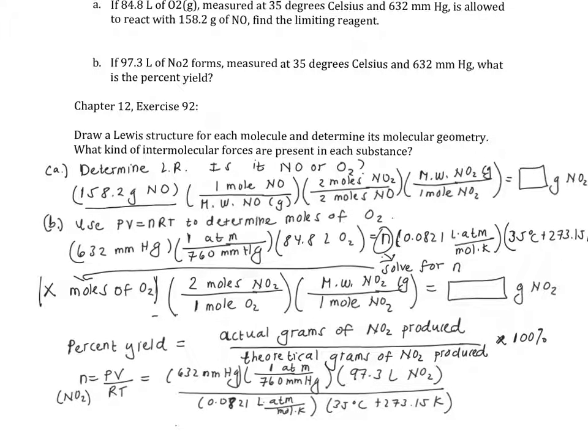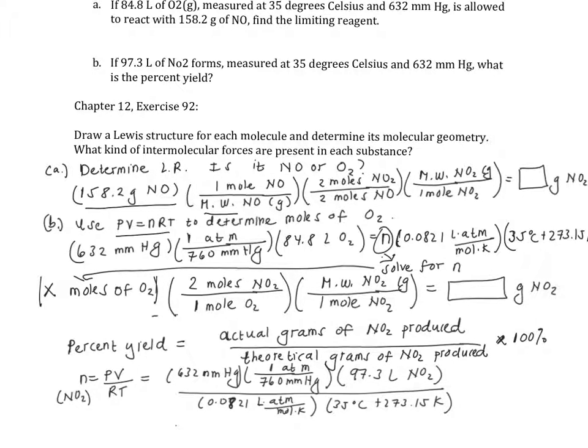We're going to have to indirectly determine that using our ideal gas law, which is PV equals nRT. So first step, we have our grams of nitrogen monoxide. We're going to divide by the molecular weight. MW stands for molecular weight, which you can get from the periodic table. Nitrogen has a molecular weight of 14 grams per mole. Oxygen has 16 grams per mole, so NO has approximately 30 grams per mole.